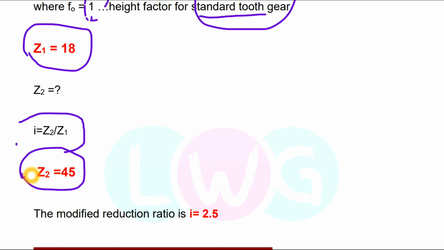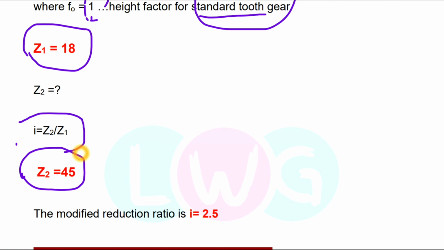One thing to remember in this: if the values of Z1 and Z2 have a common divisor, then we have to add one hunting tooth on a gear. For example, we take Z1 equal to 18 and Z2 equal to 72. So 18 and 72 have a common divisor, so we add one hunting tooth on Z2. It will move from 72 to 73. So the new value of Z1 will be 18 as it is, and Z2 after adding one hunting tooth will be 73.